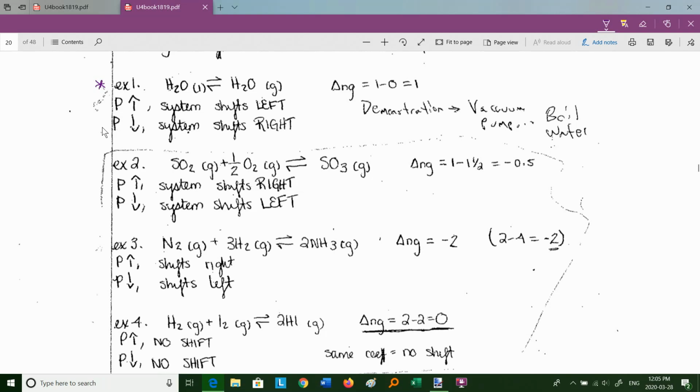And so if the pressure goes up, then the system is going to shift to the left, because I have 0 gas mole coefficients on the left, 1 gas mole coefficient on the right. So if I increase the pressure by squeezing things down into a smaller container,